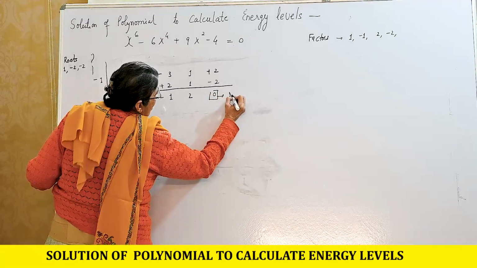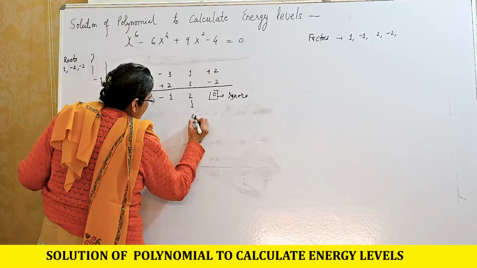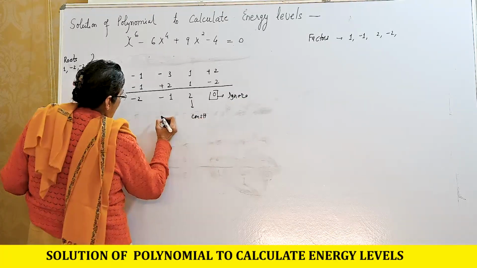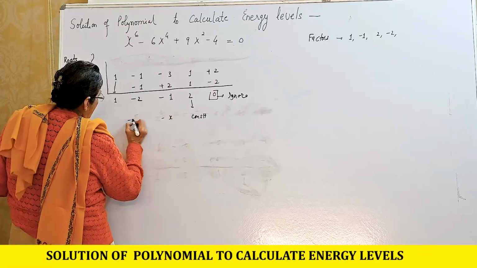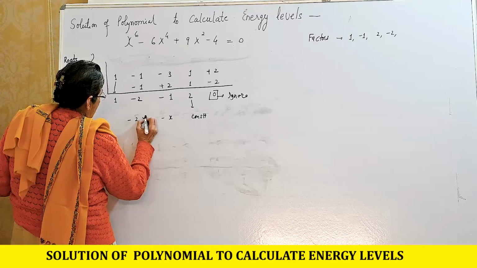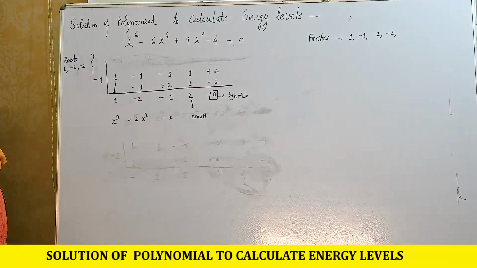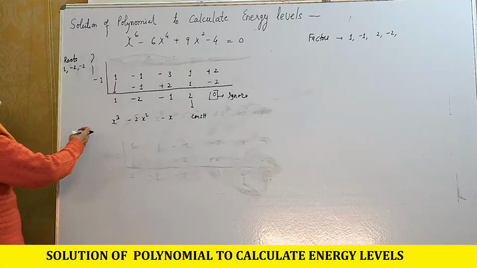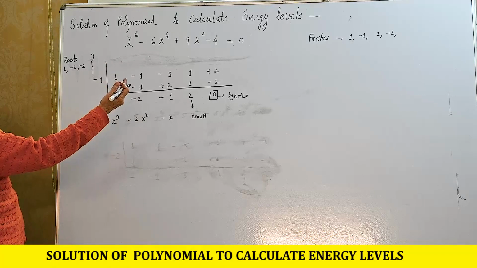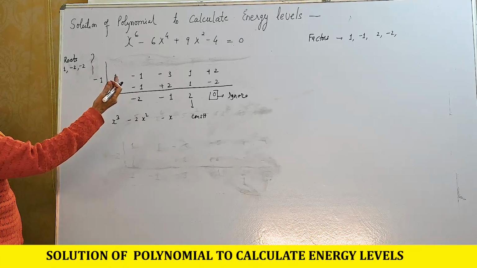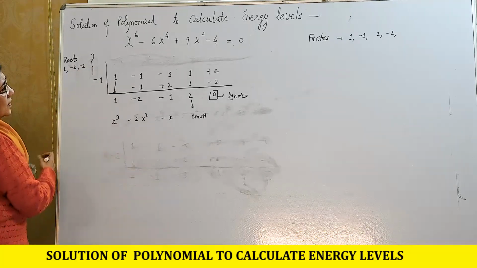Now ignore this. This is the constant, and this is minus x, minus 2x square, and this is x cube. Now this is in the form of the next polynomial. Now the next factor is 2, sorry, this is minus 1,